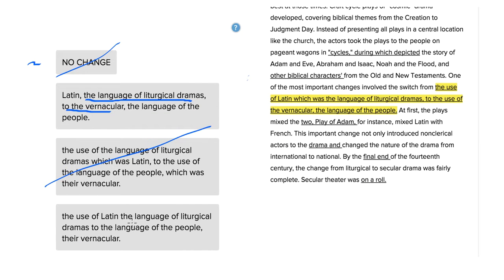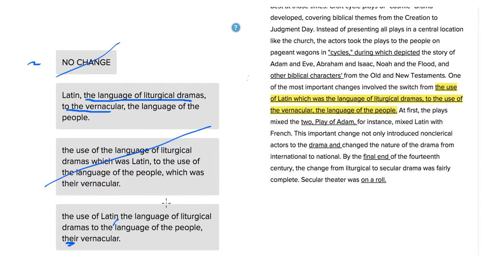"The use of Latin, the language of liturgical dramas, to the language of the people, comma, their vernacular." What's confusing here is that it is ambiguous. We've got "the use of Latin, the language of liturgical dramas, to the language of the people." Since we don't have a comma here,